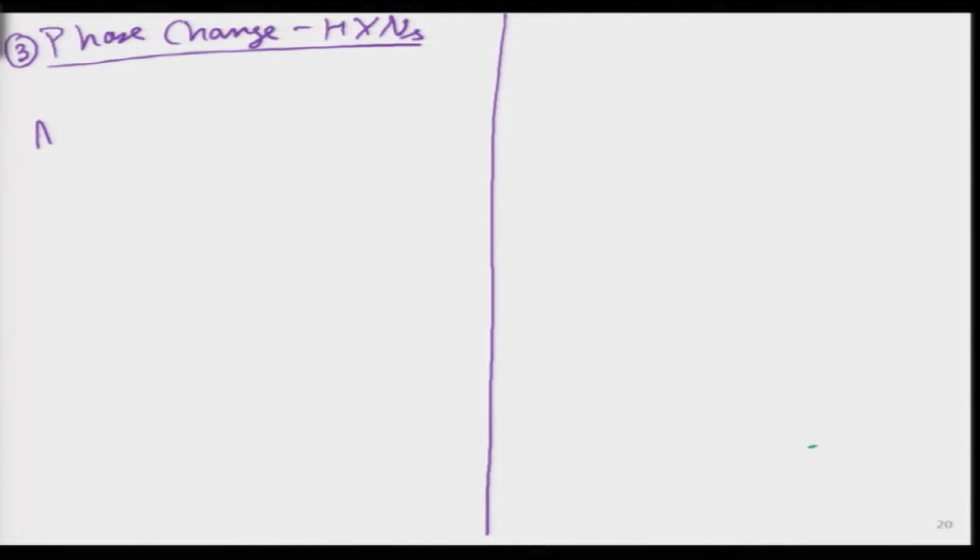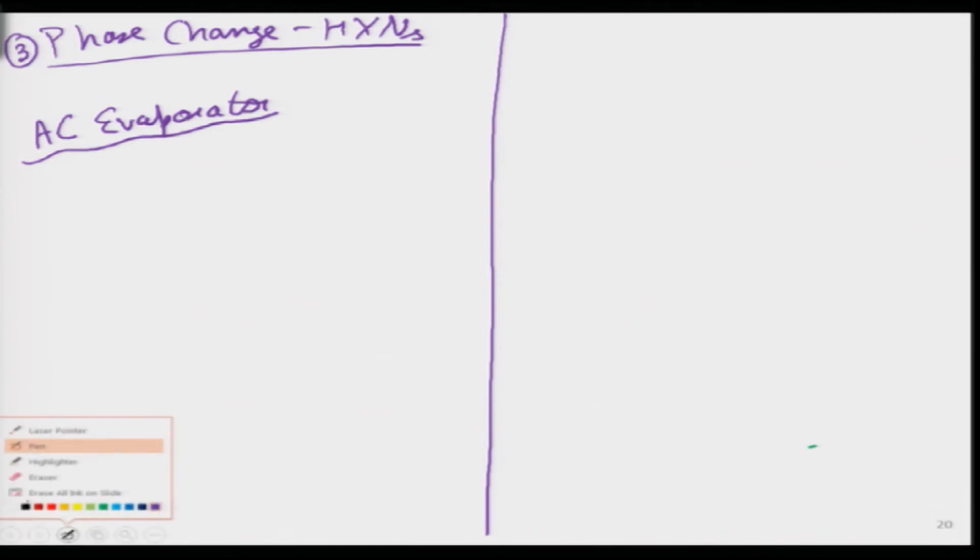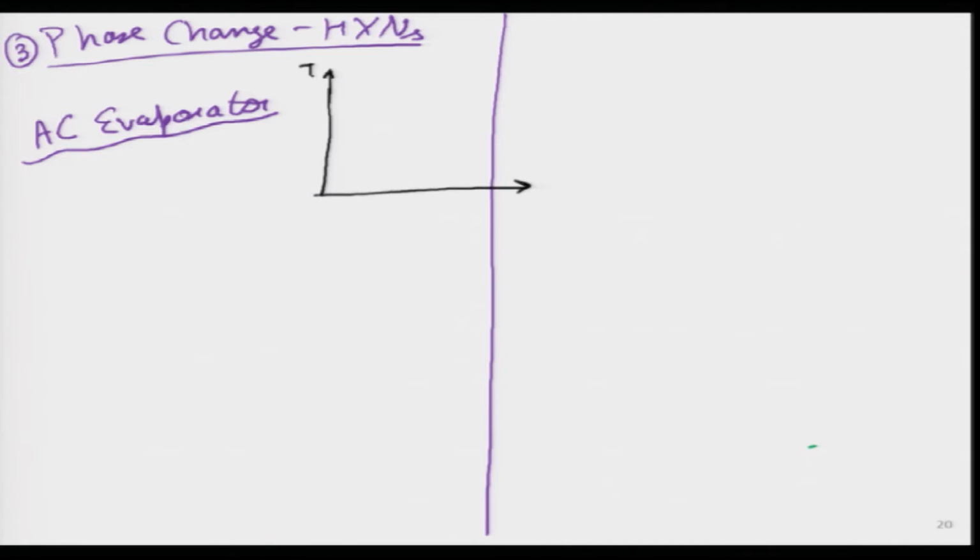Now I am going to talk about the air conditioner, which I had talked about a little bit earlier. If we are talking about the evaporator inside the air conditioner, let me go ahead and draw the TS diagram for that. Thermodynamic engineers remember that TS is the temperature-entropy diagram. So, this is the dome of the refrigerant. Generally in ACs these days companies could be using R134a or different types of refrigerants. So, I can draw the cycle something like this.